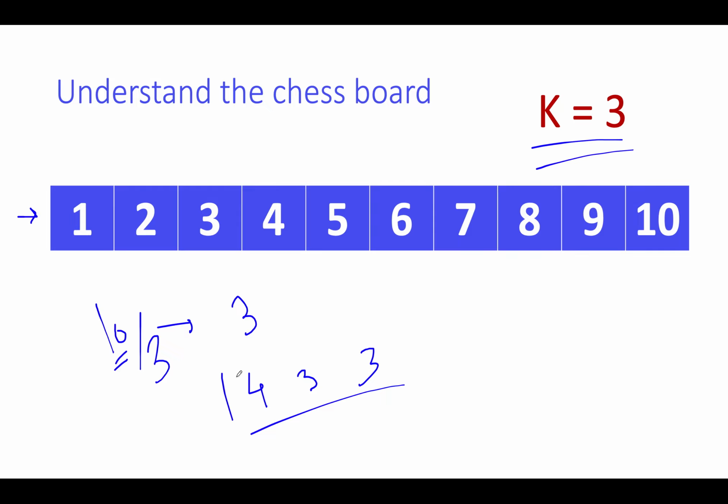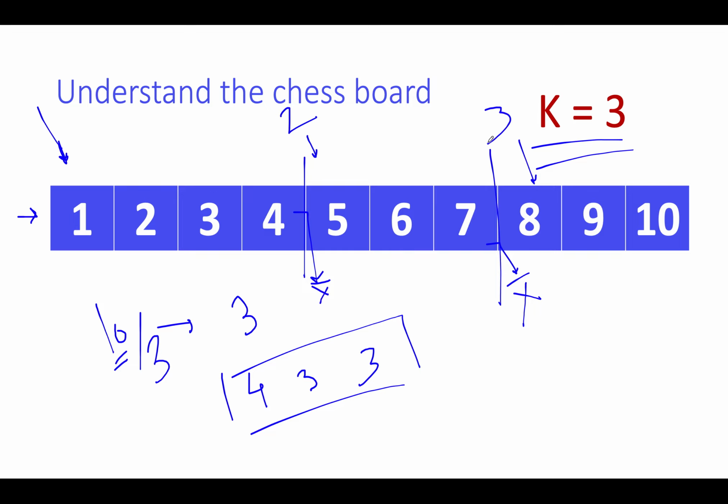And it was specified that any extra nodes that are getting added should be started from the starting of the linked list. So what we are going to do, we will simply move by 4 operations starting from the first node. So this gets to the head of the first node, and once we have crossed 4 nodes, we will move ahead and split it here. We'll mark this as null, and we'll form the next linked list of size 3. We'll split it here, mark this as null, and in the end this gives us the head of the third linked list. So we have first one, we have second one, we have third one. These are the updated heads.